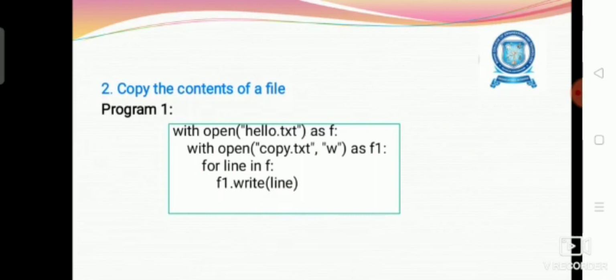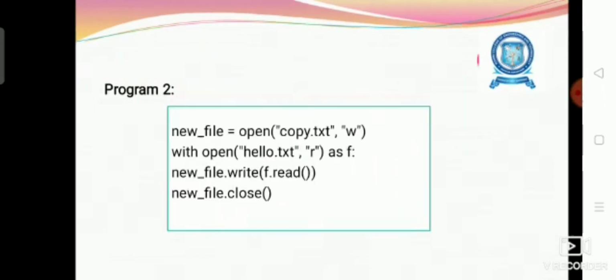So in each iteration of the for loop, individual lines will be taken from the first file, hello.txt, and written into the second file, copy.txt. By this we can copy all the lines from the first file and paste them into the second file copy.txt. So this is one way of writing this program, and the second way is